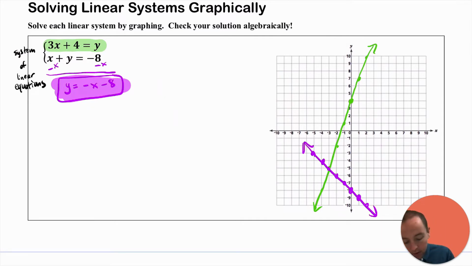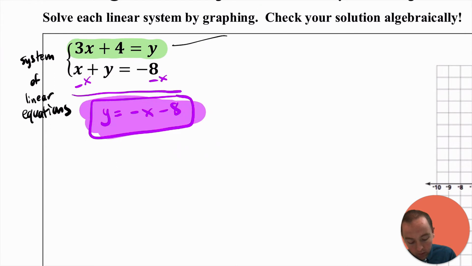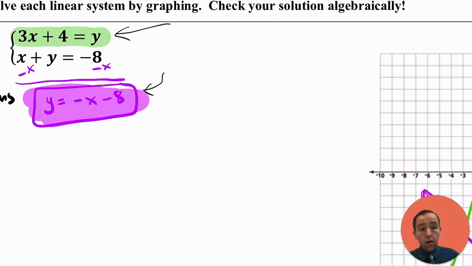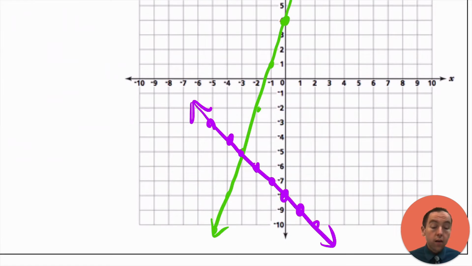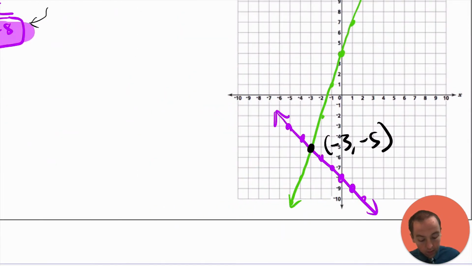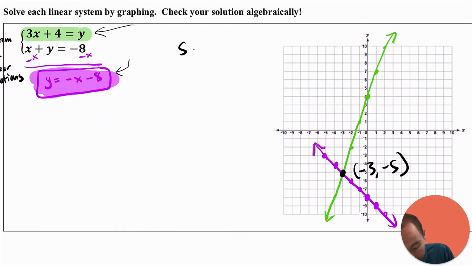So the thing is that if we want to satisfy this system, we need to find xy pairs that satisfy both the green and the purple, which means we would need to find a point or points that are on both the green line and the purple line at the same time. And of course, these two lines intersect in only one point. It's going to intersect in that particular ordered pair right there, which has coordinates -3 and -5. So it seems then that the only solution to this system is going to be the ordered pair -3, -5,